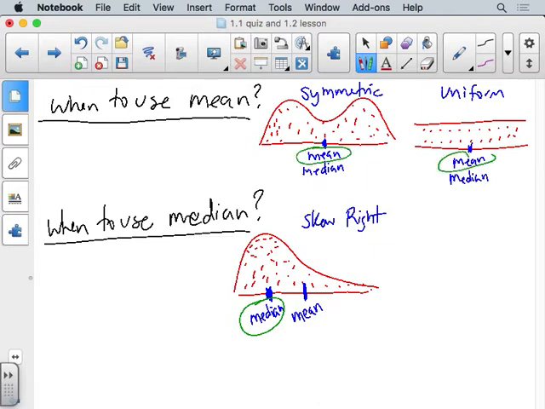So for symmetric and uniform data, I want you to use the mean, and that's what the AP test tells you to do, so don't just do it because I'm saying it. We're going to use the mean, the average, but on skewed data, anything that's not symmetric, I need to use that median. That's a more accurate representation of